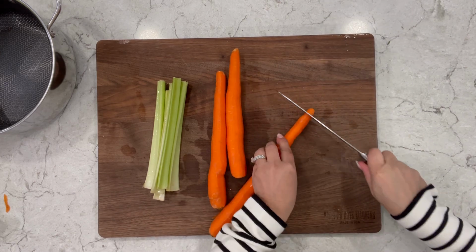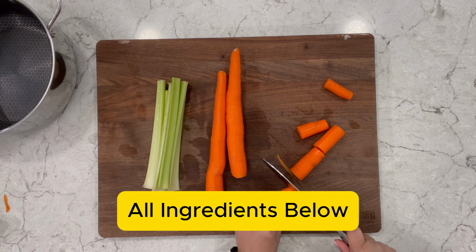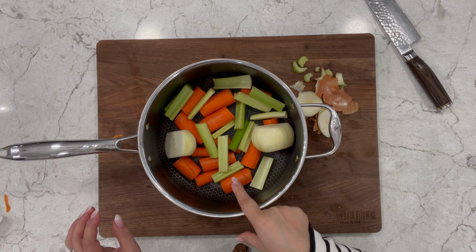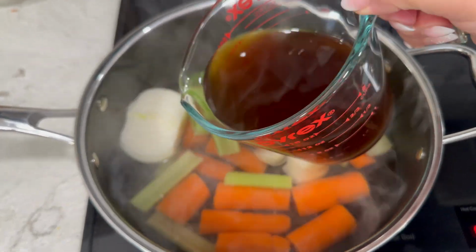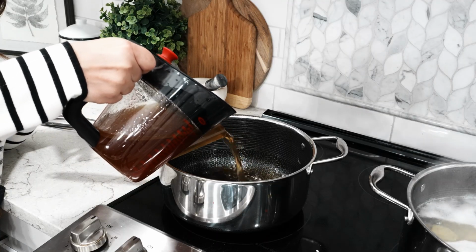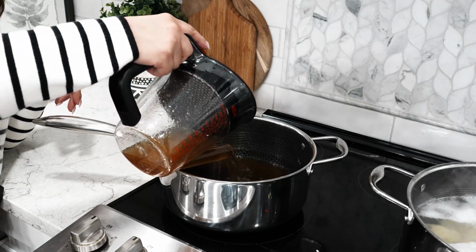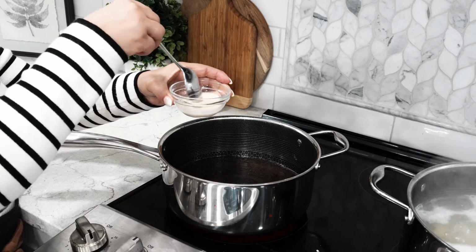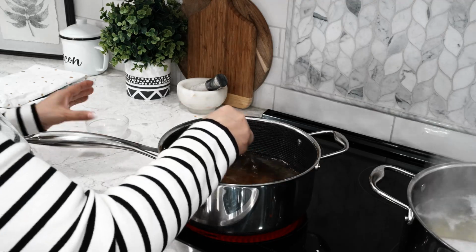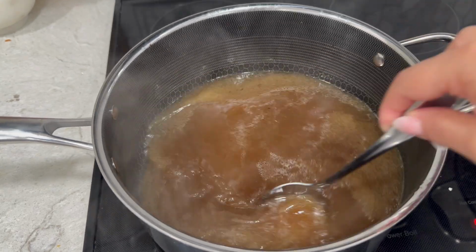I like to start on my au jus while my prime rib cooks. Start by peeling and cutting 3 carrots, then chop 4 celery sticks and 1 onion in half. Place them in a pot with 1½ cups of water and 1½ cups of beef broth. Cook on low for 1 hour. Once the prime rib is done, collect the drippings and remove excess fat, then add them to the pot. Make a slurry with 1 teaspoon of cornstarch and a little water. Add it to the pot and mix well. Season with salt and pepper to taste, heat for 1 minute, and your au jus is ready, perfect for drizzling